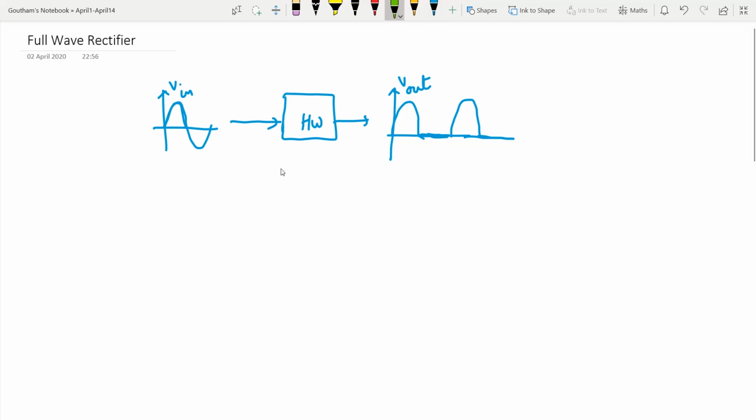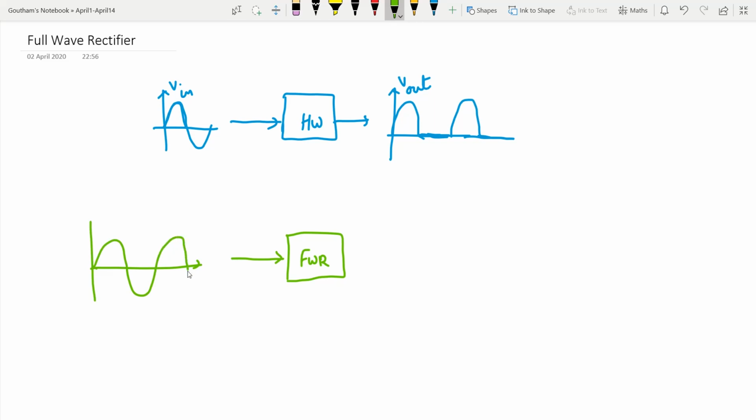Now today's topic of discussion would be the full wave rectifier. Let us see what a full wave rectifier would be in a block diagram. Suppose this is my input in this fashion. Let me label this V in. My output would be